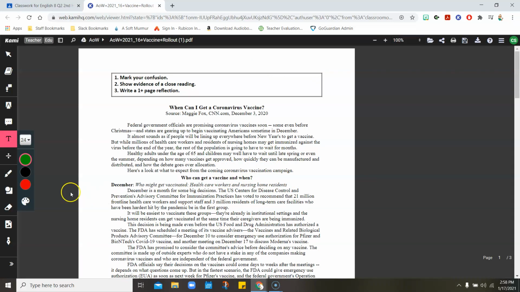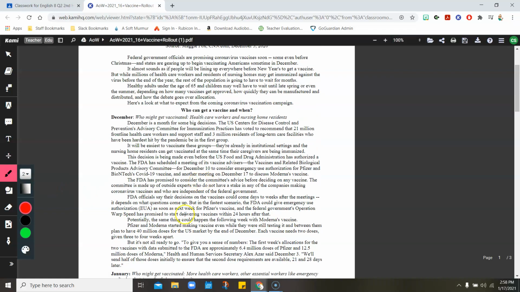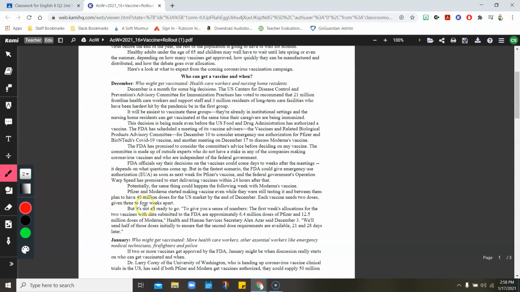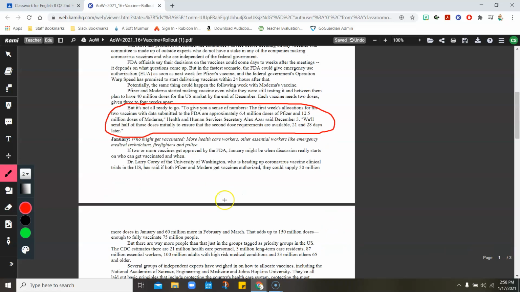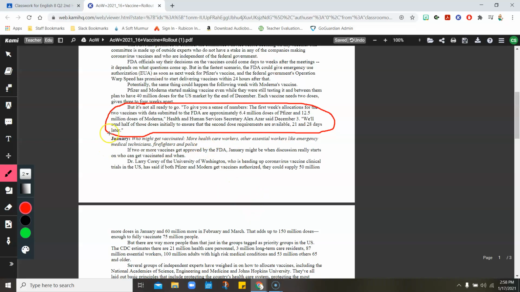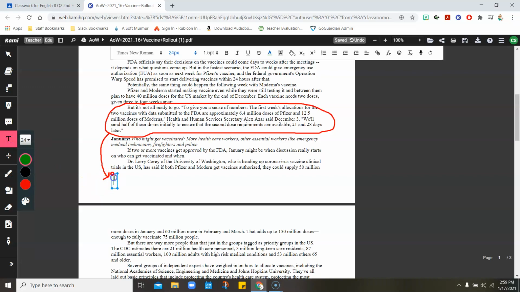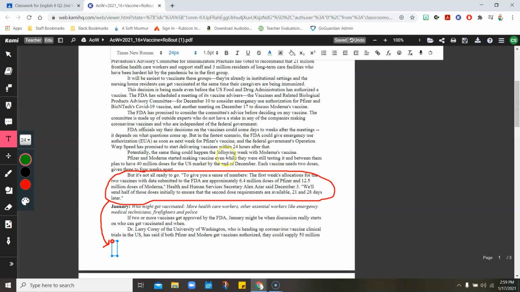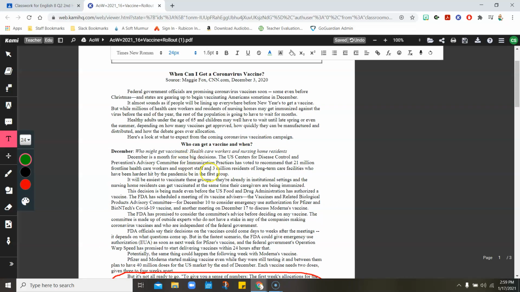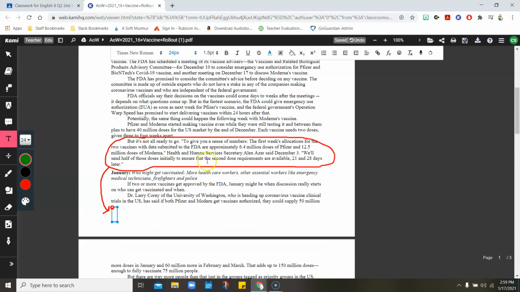Let's say you had a comment about something down here. Okay, so let's just pretend I'm not reading the article right now, but let's just pretend that you have a comment about this, and you want to add that comment to your page. Well, you can see that we're kind of limited for space, so you might want to do something like this. Put maybe an arrow down here and then add a text box. And then you can go ahead and type your question or type what the comment that you had about that particular paragraph. Okay, so that's one way to show that you're thinking about what you're reading. Now, I would expect at least 1 or 2 comments, questions, considerations for each of the pages.